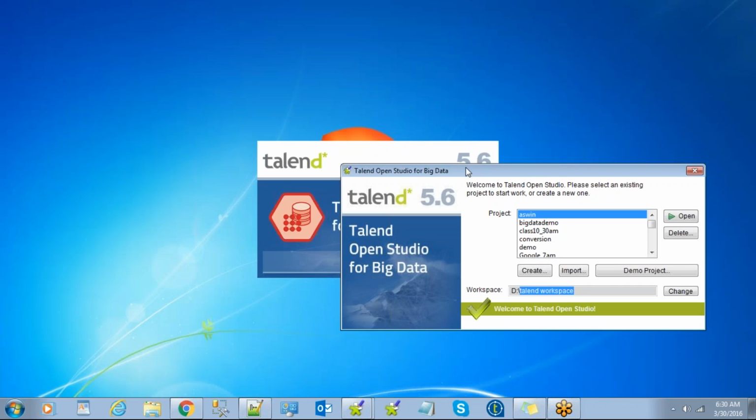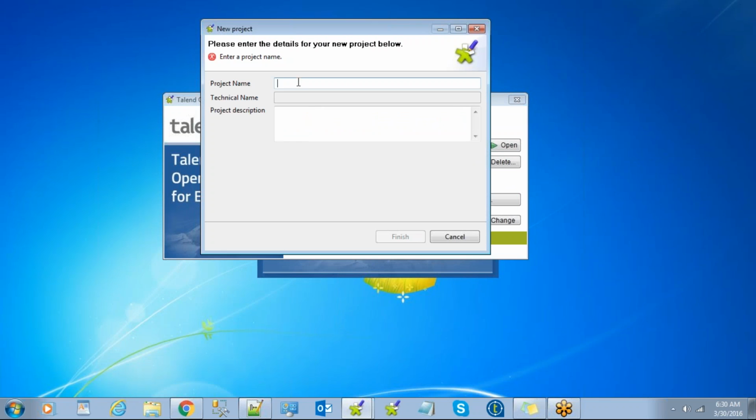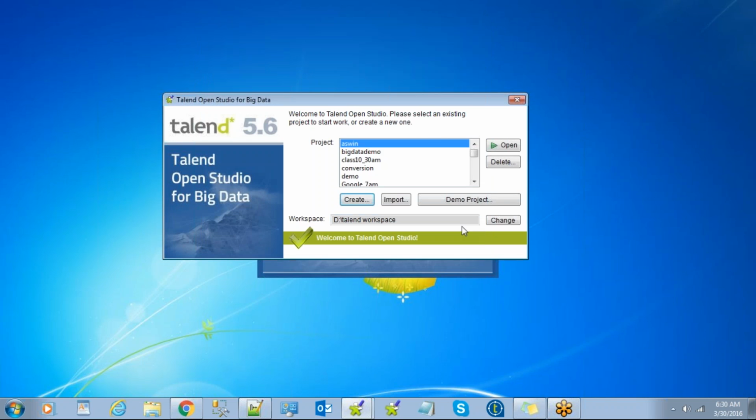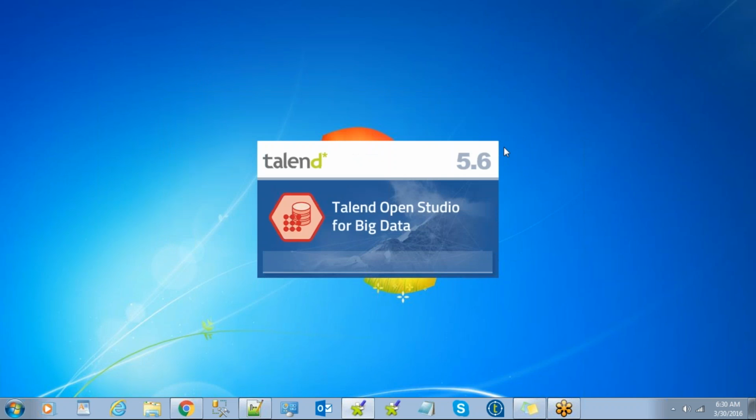So this is the place. The first thing we have to do is create a project, and once the project is created, you can choose it from this list. If I say create, you have to give the project name first. Once you give the project name and say finish, you can see the project name in this list. Just select the appropriate project and say open. The project is the place where you can create all your jobs, all your ETL solutions for that particular client, and that will be created in